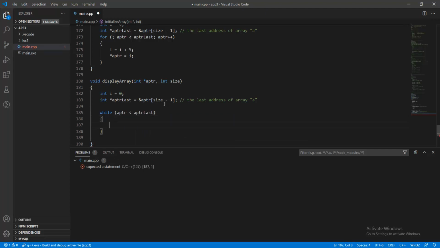Then we can use a with the parameter of e, and we can add these things in here, and then we can reach the APTR